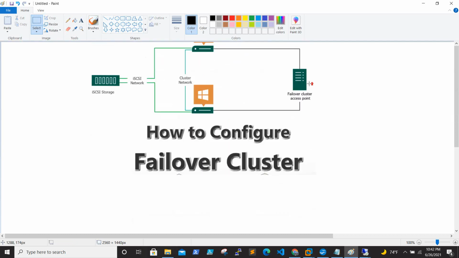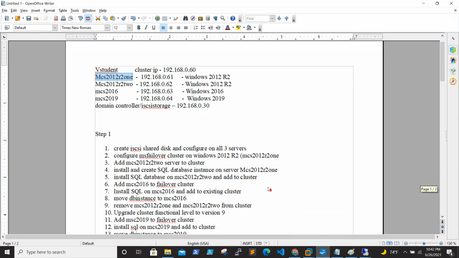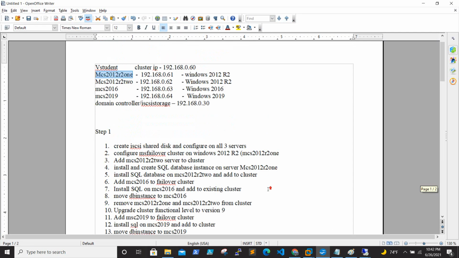These are the steps we will be following, and I prepared a few steps of what we'll be doing. I will be using 5 boxes for this lab: two Windows 2012 R2 boxes, one 2016 box and one 2019 box. Our last video will end with the 2019 failover cluster box.